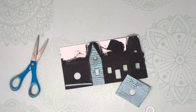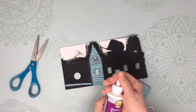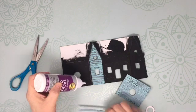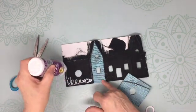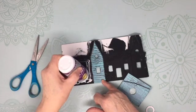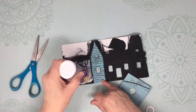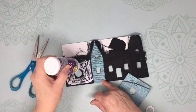Okay, let me find some glue. Stumble around and find some glue. You can use a light glue, like the Elmer's Glue-All, or one of the Aleene's tacky glues. But you don't need real strong glue at this point, because this actually isn't structural. This is decorative, and it's cardboard to cardboard, so it sticks pretty well. I do try to make sure there's enough on the edges. So I smear the glue down a side,